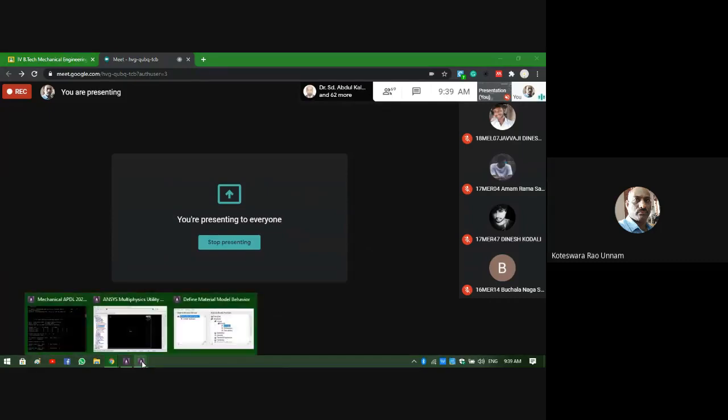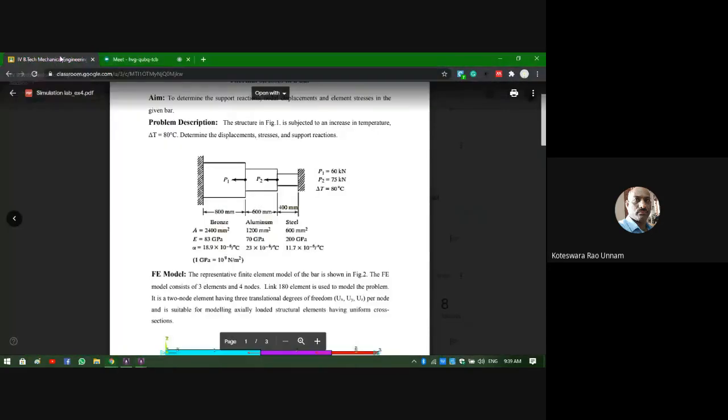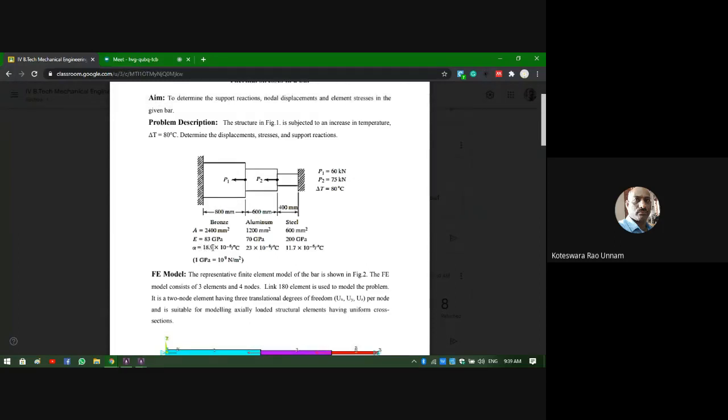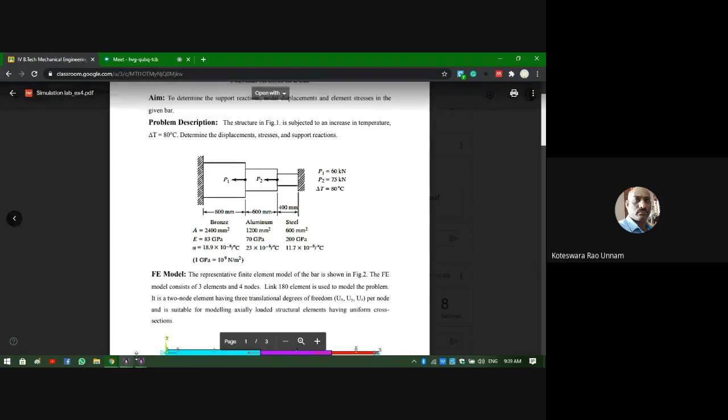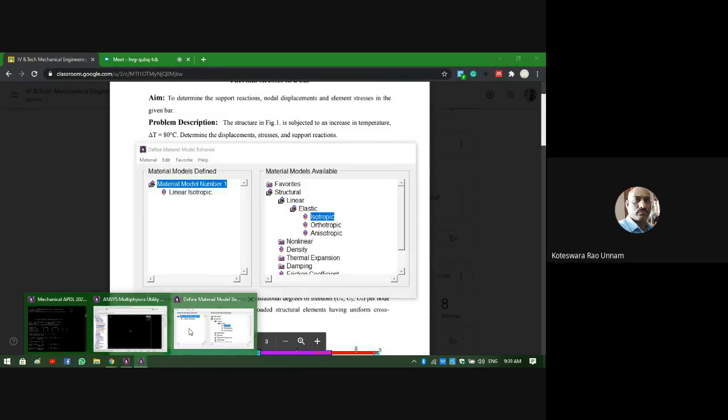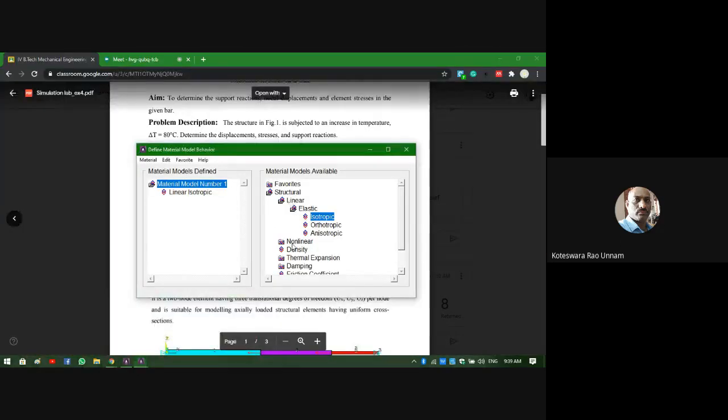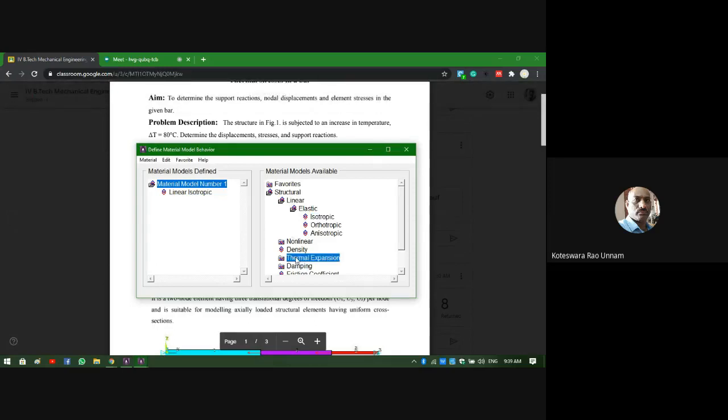Then we'll go on to the next property value, the alpha value, the coefficient of thermal expansion. For the first one, alpha is 18.9 into 10 power minus 6 per degree centigrade. I need to define that value also. I have thermal expansion here, and I need to click that. In that I have to take secant coefficient.